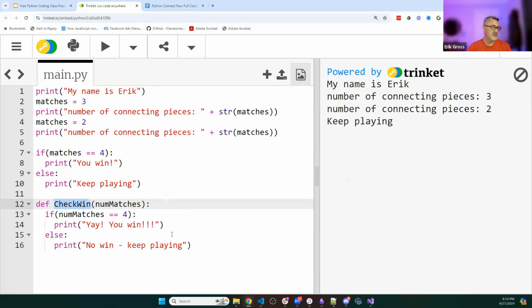Well, let's go down to the very bottom, hit enter a couple of times, make sure you backspace so you're at the very beginning of the line. And the way you ask a function that you defined to be performed is just type out its name, check_win, and in parentheses, give it the information it needs. Let's say the number of matches is 2. That's it. We're saying, hey,